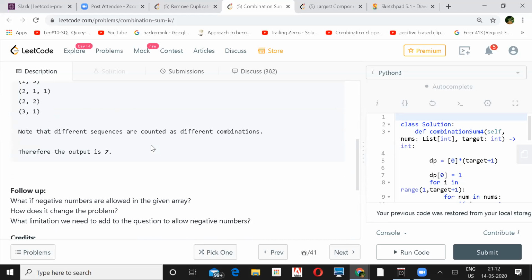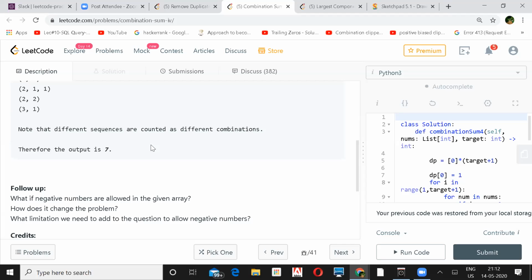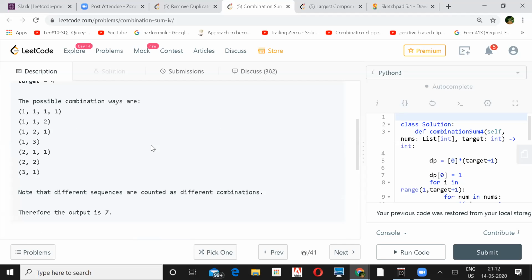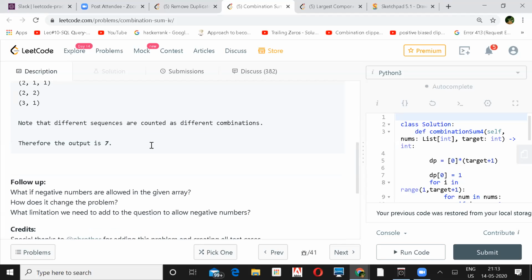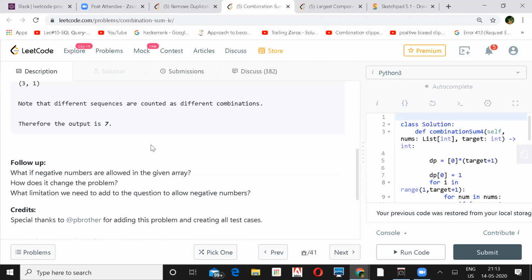What if we have negative numbers in our array, and the target is given? How would we solve this problem? What limitations do we need to add to the question to allow negative numbers?